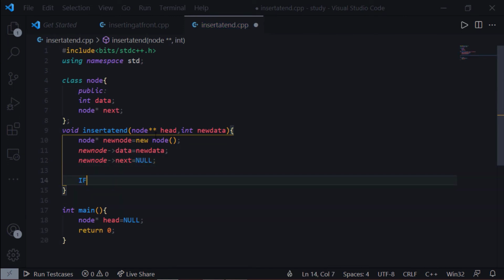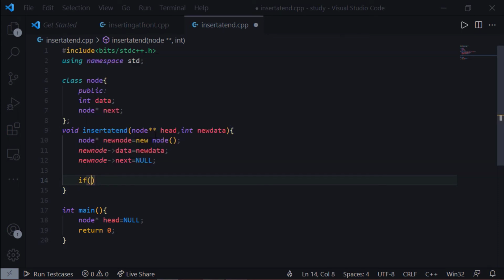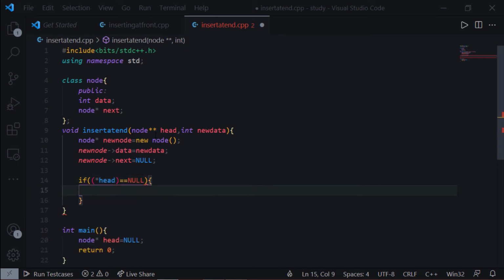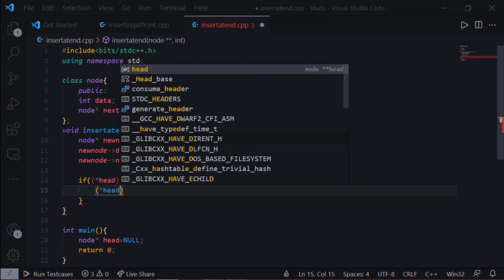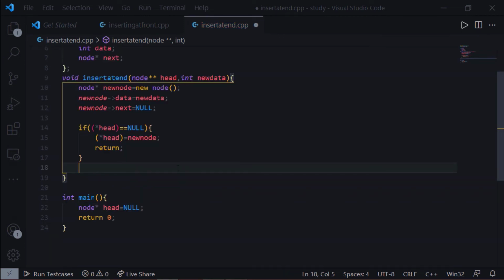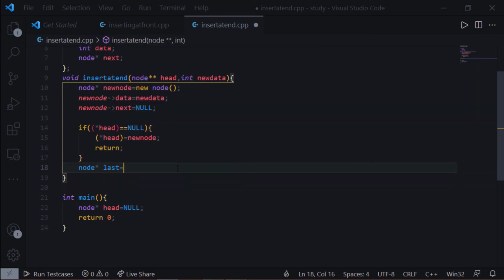Now we are checking if our linked list is empty or not. For that we check if our head is equal to null, then we make our new node the head, and we simply return from here, else we will run a while loop. For that we make a node last and initialize it as head.